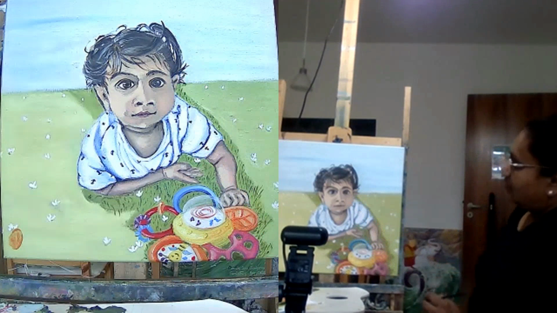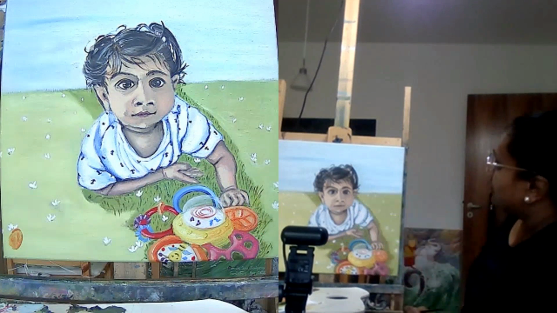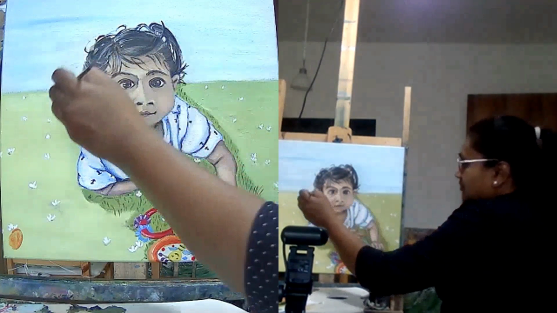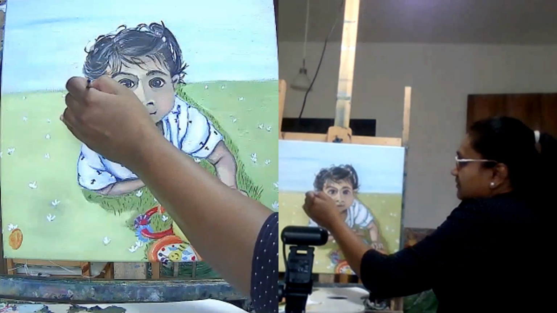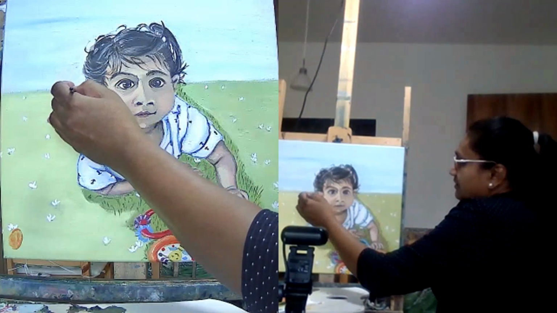So, yeah, for now it doesn't show much, but eventually when we are done with the whole of the green, we will see the difference. I'm doing some of it here.